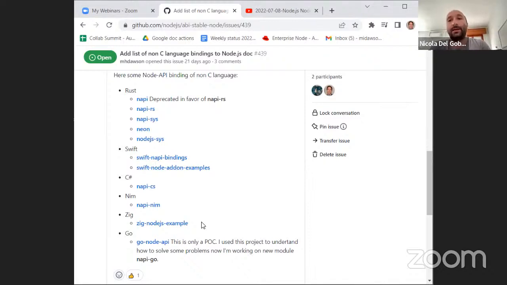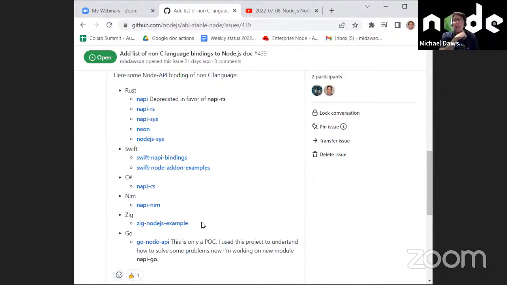So you are saying that we have an issue on a stable node where we maintain the list. And from the official Node.js documentation, we link the issue. Something like that, or we have like a page somewhere, or an issue. Yeah, an issue.